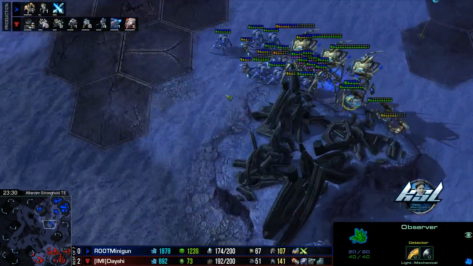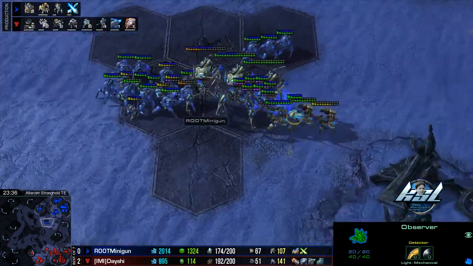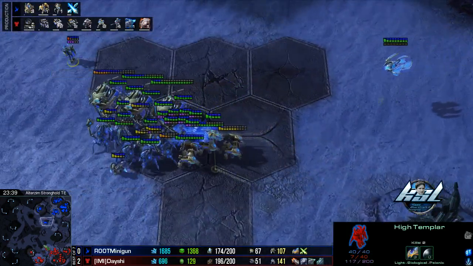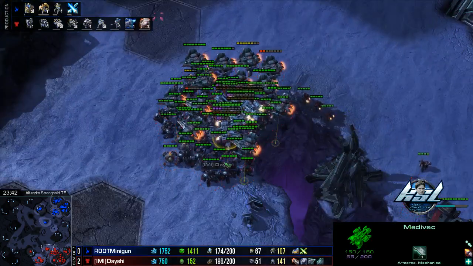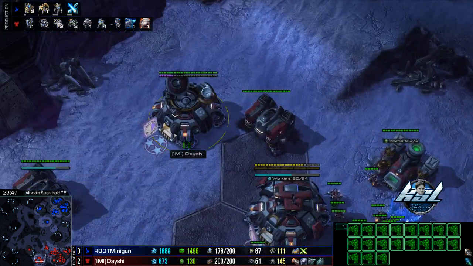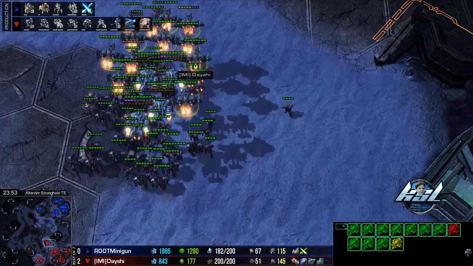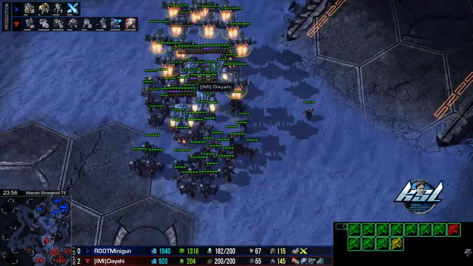Yeah, this is still really annoying, though. He has to keep a lot of observers with his army to deal with the Widow Mines, since they keep getting sniped by the Vikings. But aside from that, this game's been pretty back and forth. This still feels relatively close. The only reason I'm a little bit worried for Dayshi is Minigun's bank, but Dayshi's army composition is really